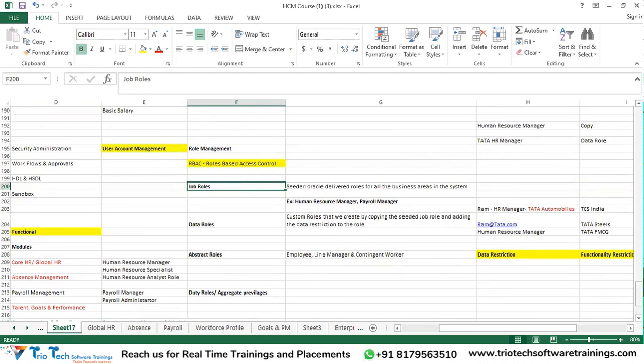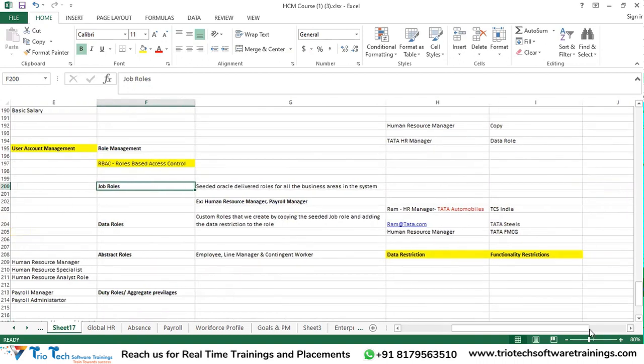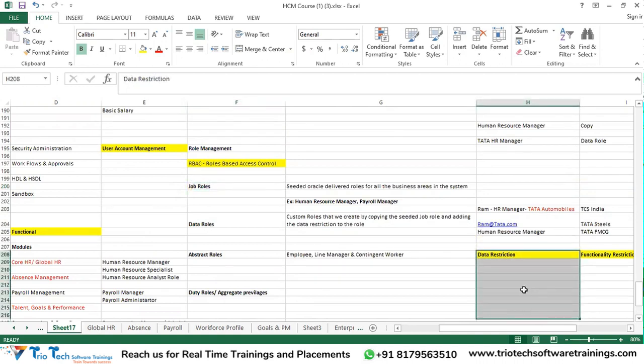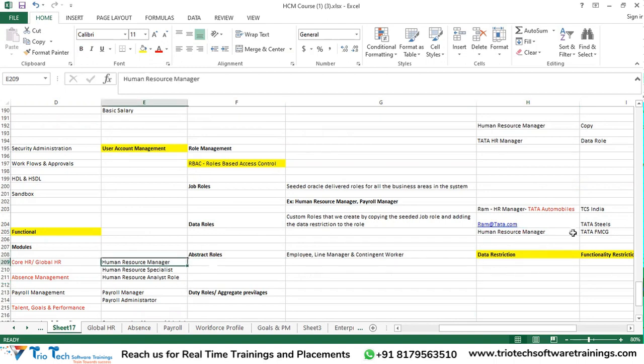Now, as per the business requirement, how many legal entities I am having, how the system is to be configured, what is your client requirement, what their expectation is, what kind of data restriction they're expecting. Do they want separate HR manager roles for all the legal entities separately, or any business level bifurcation they are maintaining, or department level restrictions they are maintaining on the employees' data? We have to be clear with our requirement gathering in the security area before configuring our custom data roles,